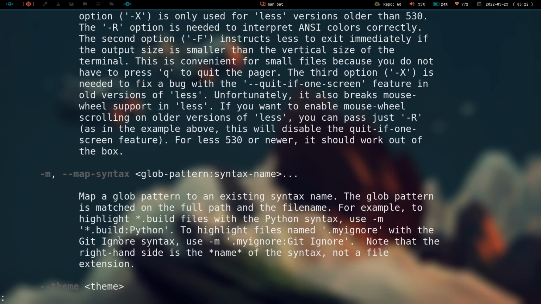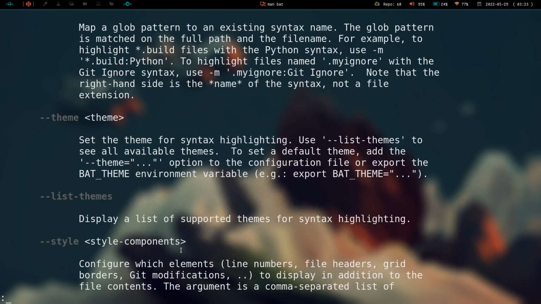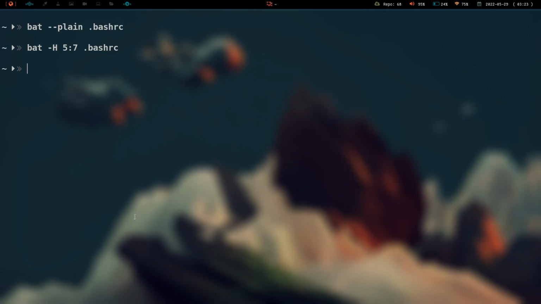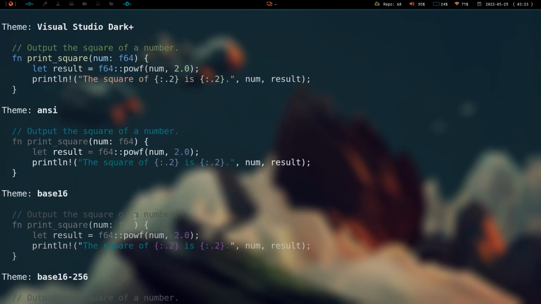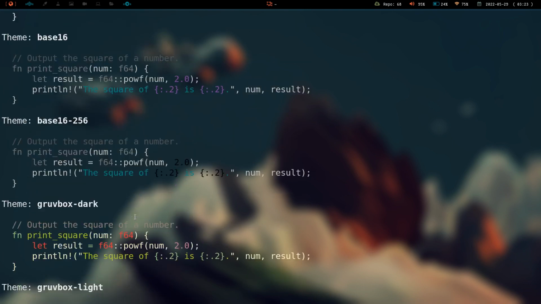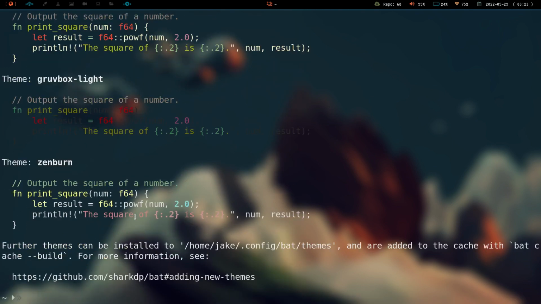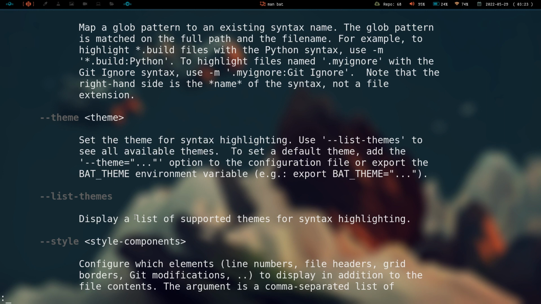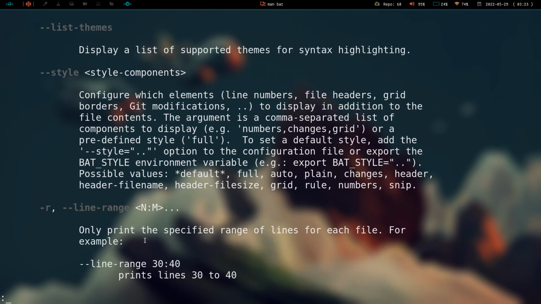pager, map syntax. You got themes. If you do, you can set themes for it. You can list the themes that are available for it. So let's say we do bat --list-themes. This gives you a list of all the themes you can use for your syntax highlighting. And it's got style, so configure your line numbers, file headers, grid, border, git modifications, all this stuff you can